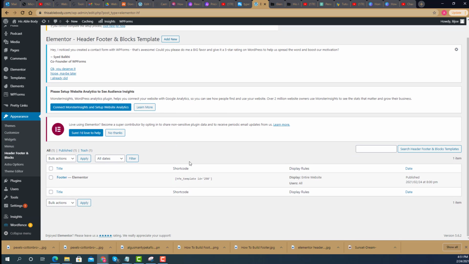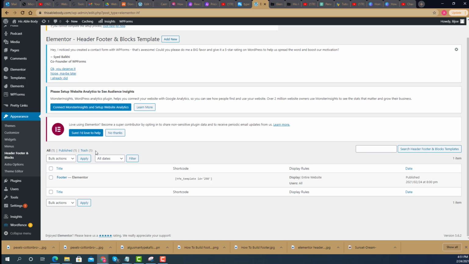All right, so we've already created a footer. We're doing this a little backwards because normally you create a header, but that's okay. We're going to create a header for our website. I already have a home page, but no header. So normally I would probably build the header first, but we're going to go ahead and do this after the